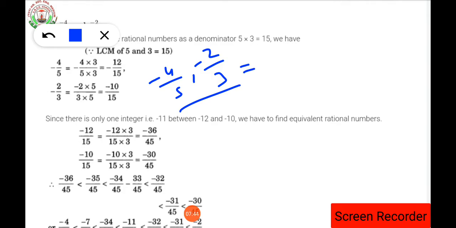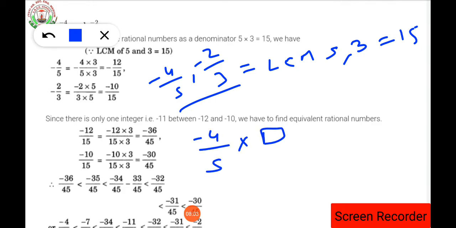ठीक है. If it is an unlike term, that means we have to take the LCM of the denominators. What will be the LCM of the denominators? 5 and 3 will be 5 3s is 15. So the denominator is 15. Now look, you have to multiply in such a way, that means divide and multiply the denominator 5 in such a way that you have to get the number 15. So that number we will consider, which number will it be? 3, isn't it? So 3 4s are 12, -12.